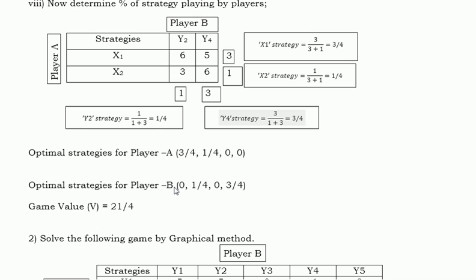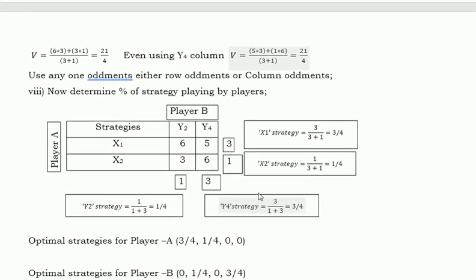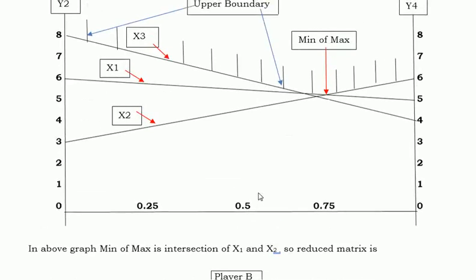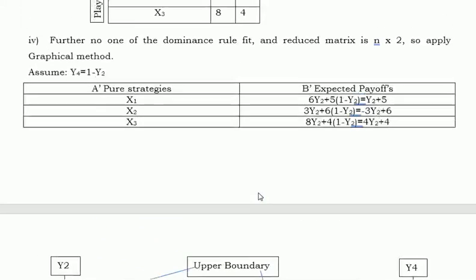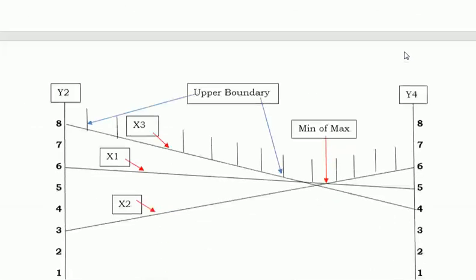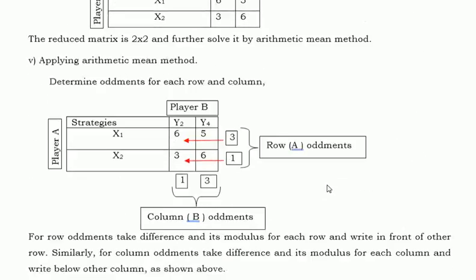Okay, this is how to implement the graphical method for reducing the matrix and determining game value by arithmetic mean. So keep it in your mind, whenever the order of matrix is n by 2, any number of rows and 2 columns, you have to determine the uppermost boundary and the minimum of maximum. Okay, let us go to the other